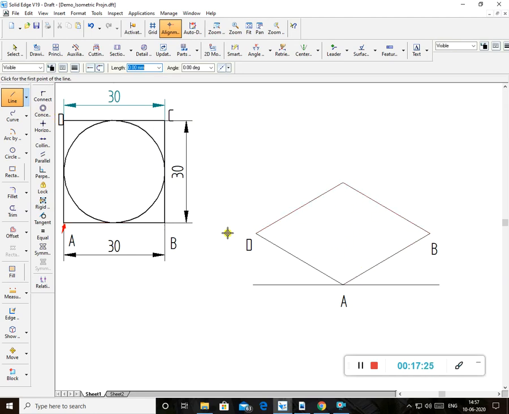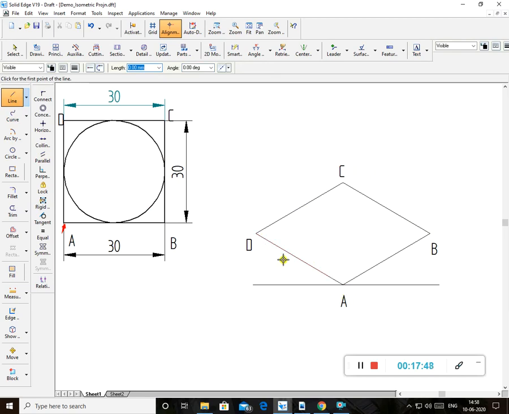Now in that you have to inscribe your circle isometrically. How to do that? Listen carefully. This is the 4-arc method, the 4-arc method of converting a true circle to an isometric circle. Okay. Now for this, I'll just give some naming here. So this is C. You know this is C.